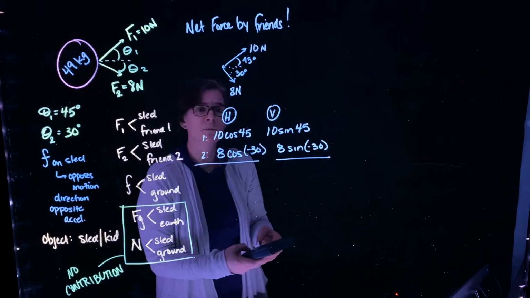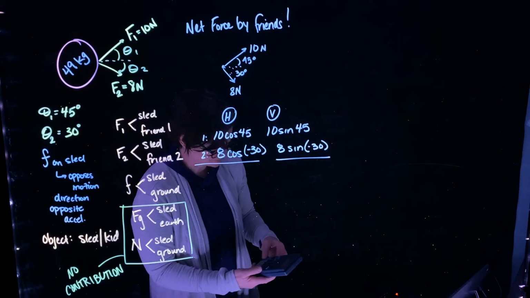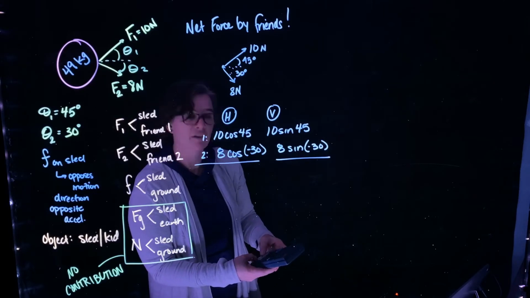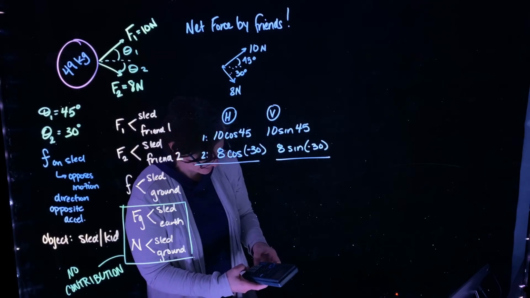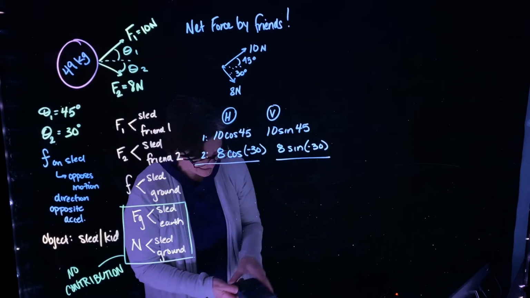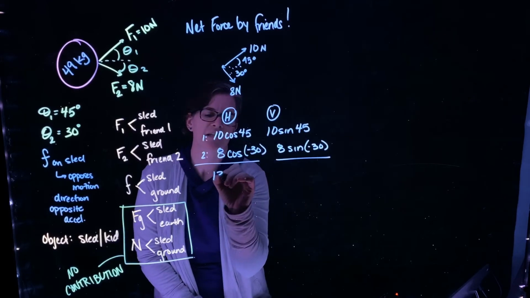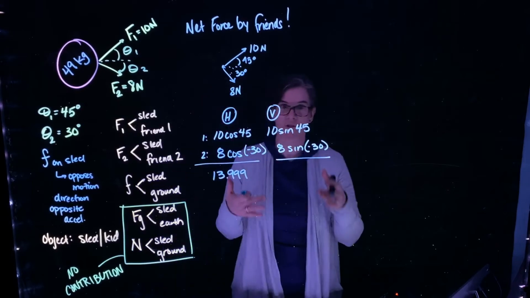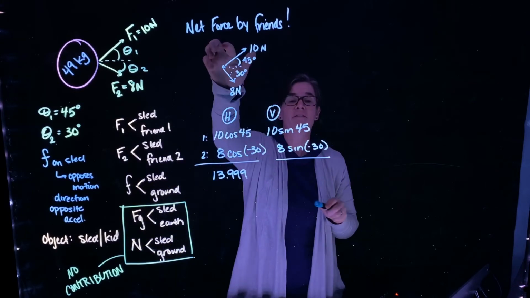We have 10 times the cosine of 45 plus 8 times the cosine of 30. So I'm at negative 30. Turns out the cosine of negative 30 and the cosine of 30 are the same number. That gives us a horizontal component of 13.999. We'll keep it out a little bit, then we'll reduce at the end. The horizontal component for that net force by the friends is